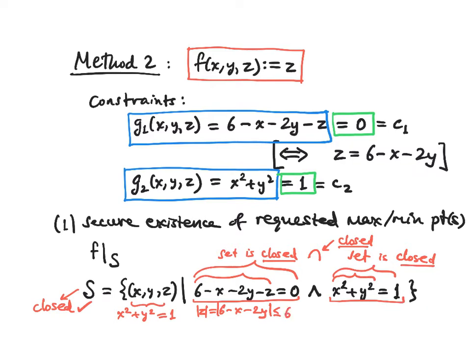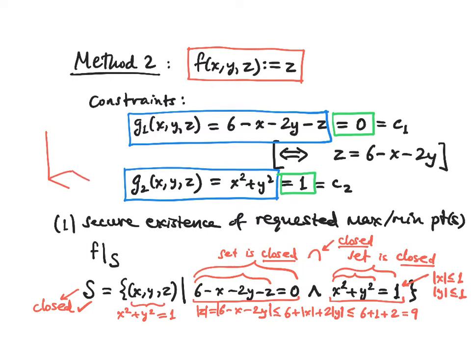So less than or equal to like 6 plus absolute x plus 2 times absolute y, and those are both bounded by 1. Like the absolute value of x is bounded by 1, and the absolute value of y is also bounded by 1. So you see that the z-coordinate is also bounded between -9 and 9, at worst. Right, so this condition here involves bounds on absolute x and also absolute y, and then absolute z is also bounded. So in fact, the entire set S is within like an axial box,